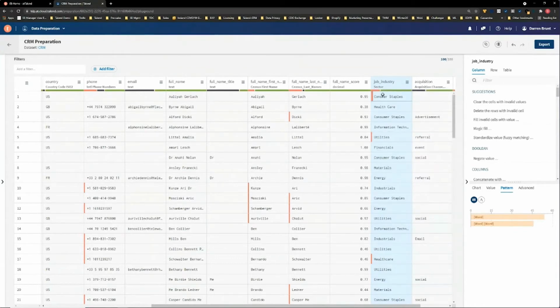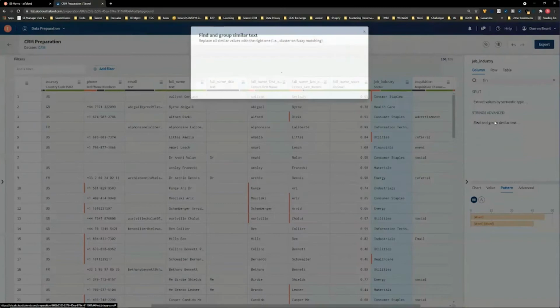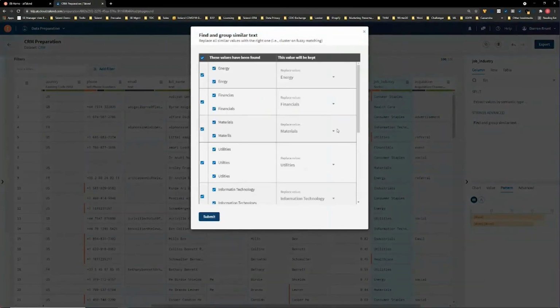But if that's true, then we have some anomalies in here. So perhaps what we might do here is just find and group similar related text in this particular column. So here, effectively, we're doing some fuzzy matching across what the data represents and the preferred outcomes according to the semantic type which we want to align them to. So here we can see we've found things like energy and energy spelled incorrectly that we want to map to a single value energy.